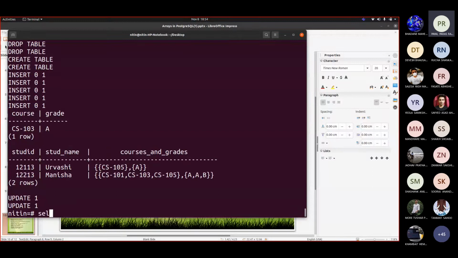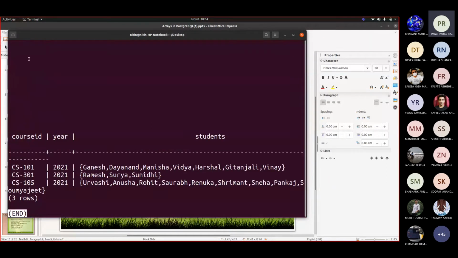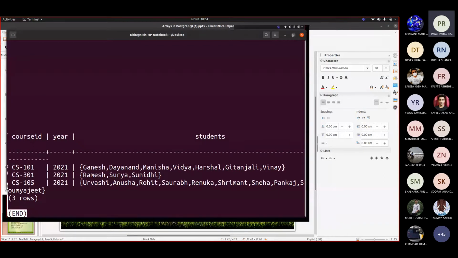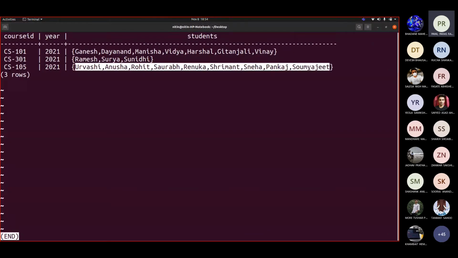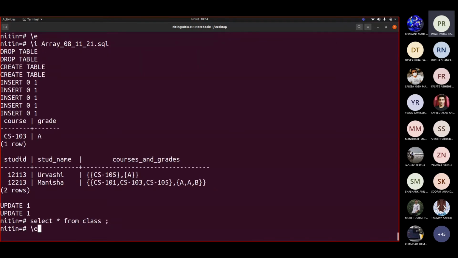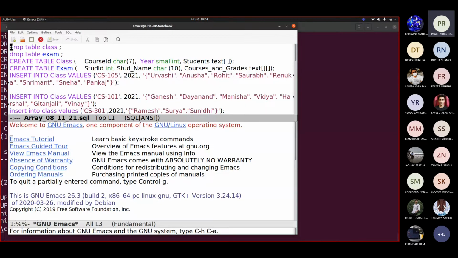So we got everything now. So select star from class. You can see I added one element. The update query that we wrote was slash e.